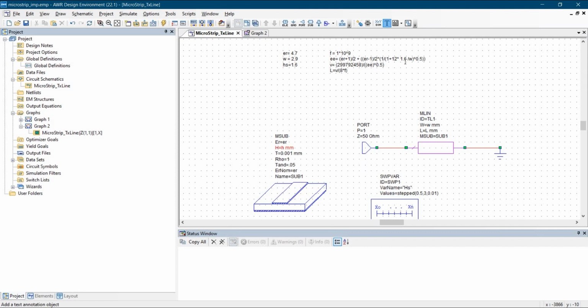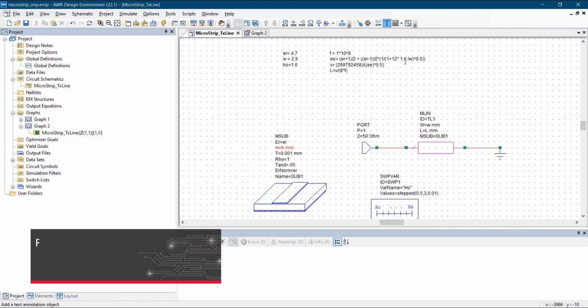This is the AWR Microwave Office tutorial series. In the previous video, we talked about the effect of a change in dielectric height as well as width on the microstrip transmission line. In this video, we'll discuss what happens if we change the dielectric constant value, because the dielectric constant value determines the